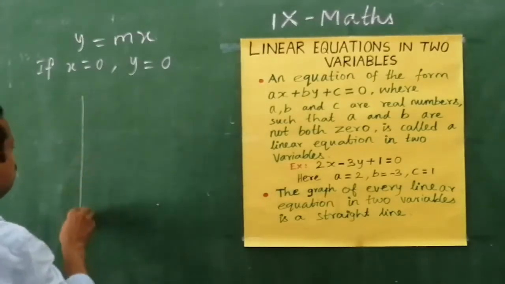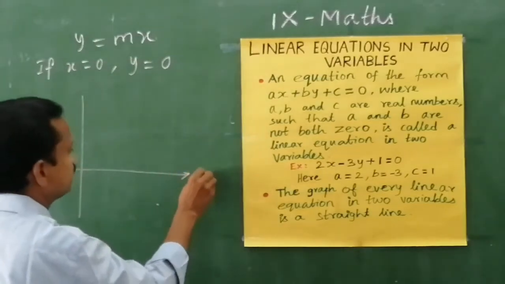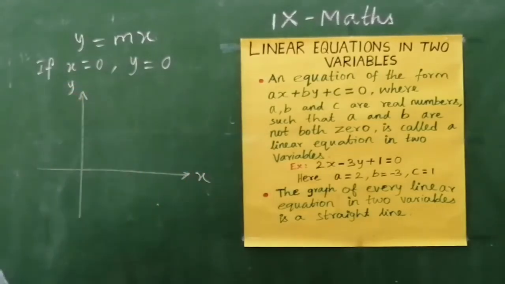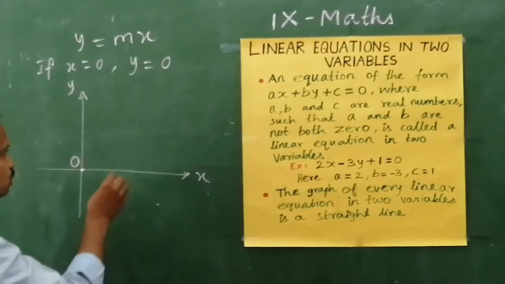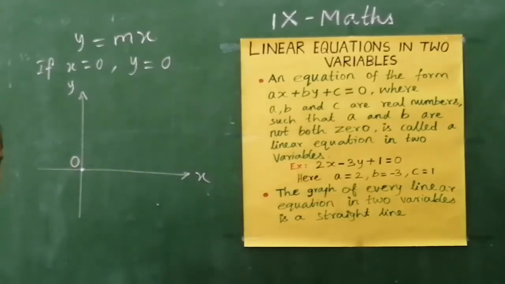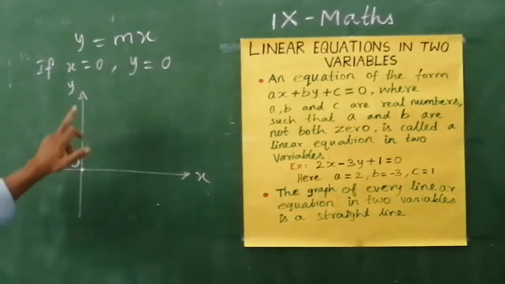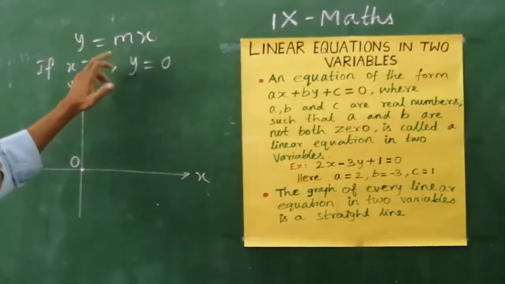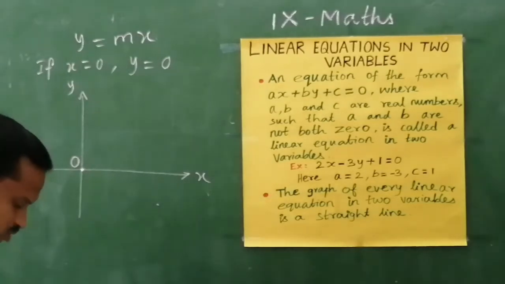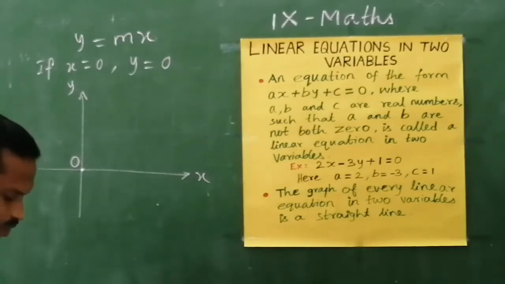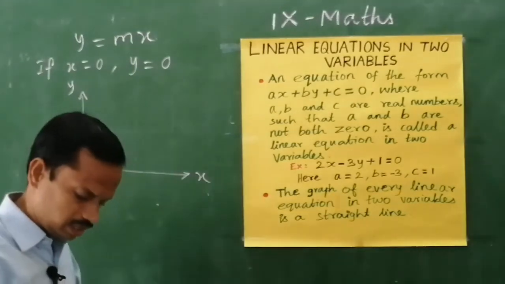In the graph, this is the x axis and this is the y axis and this is the origin, and we can write this as (0, 0). Definitely this line y equal to mx will pass through the origin, that surely we can tell. So point number 7 explains that an equation of the type y equal to mx represents a line passing